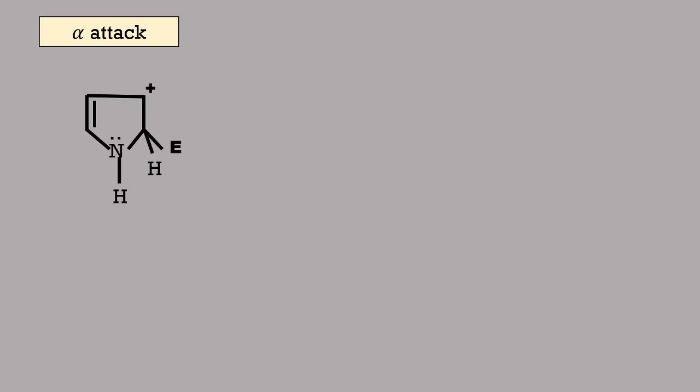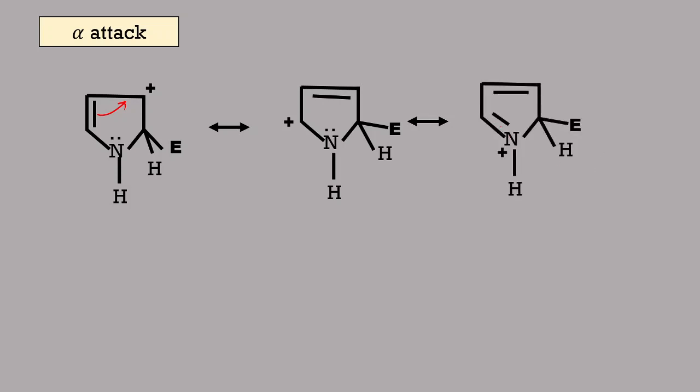after the attack, you will get this kind of a cation. This is a carbocation, and then you can see that conjugation is possible here. You can move these electrons here, and you can get this another resonating structure. Then you can also see that you can conjugate the positive charge and the lone pair of nitrogen. This time nitrogen is donating the lone pair, and N becomes positive with 4 bonds, which is possible. N positive with 4 bonds you will see many times in organic chemistry and inorganic chemistry. That is possible, there is no problem with that. So now you have 3 resonating structures